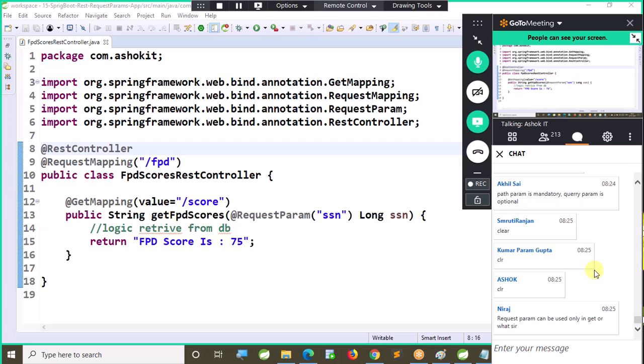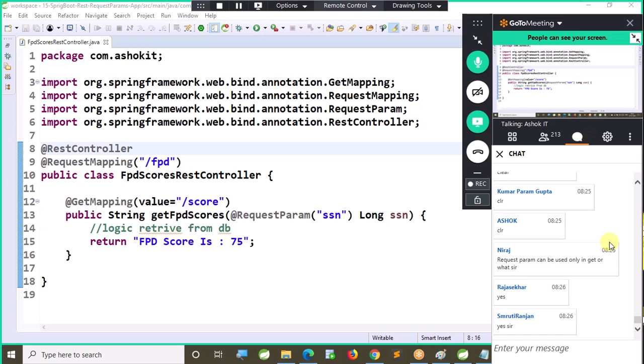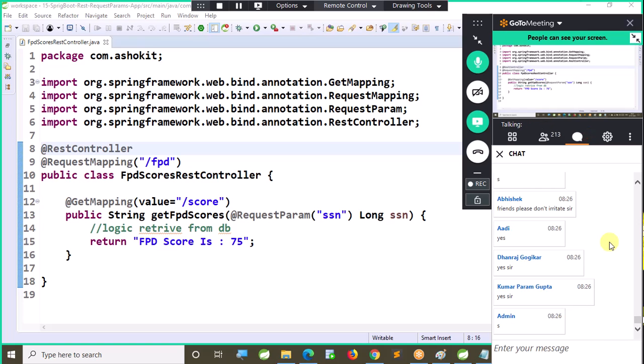Are you able to follow this, all of you? Will you agree with that? Please don't send any message in the chat box when the class is going on. Please don't spoil the healthy environment. If you give me a proper environment, I will give you proper subject. If you disturb me, I will disturb you. It is directly proportional. If you give me a proper environment, I will give you the best subject. Nobody will give you this much knowledge. I am sure, on the internet also you will not get this kind of examples and explanation.